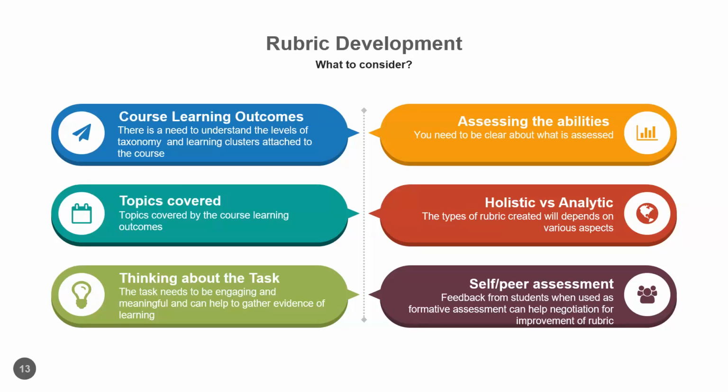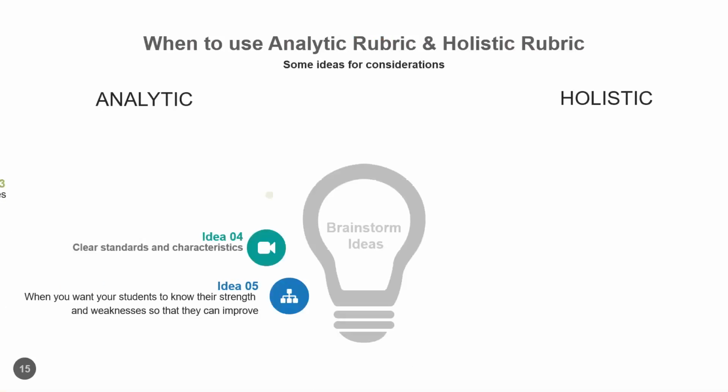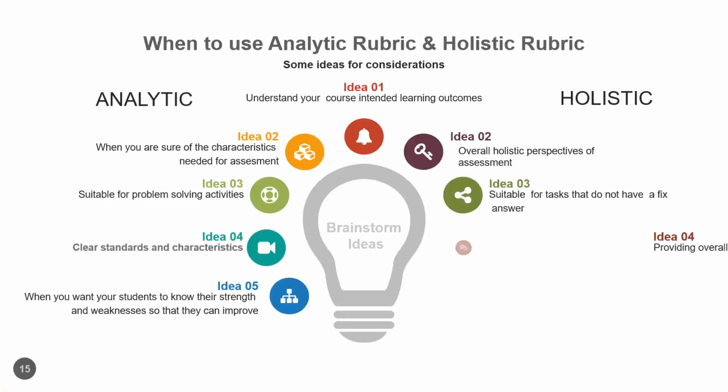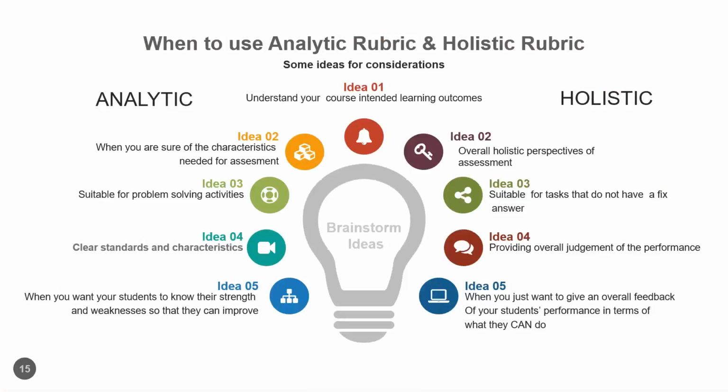So the rubric can be used for self and also peer assessment, and getting feedback from students, from various people, and even reflecting on their own improvements is very good for students' development, especially when you want them to become adults. Now I'm going to go into the different types of rubric. We've got the analytic rubric as well as the holistic rubric.